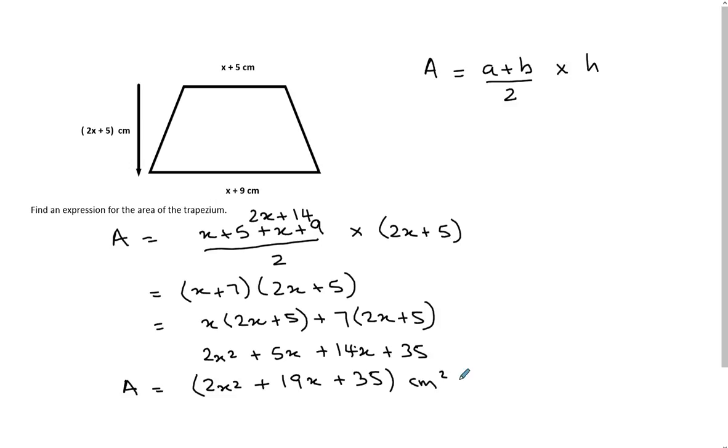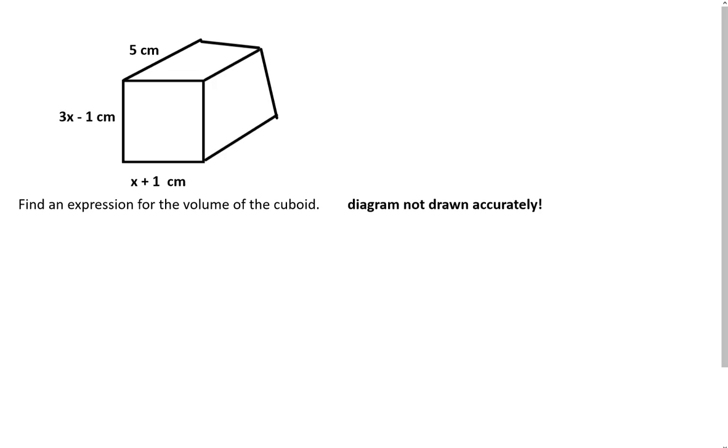Great. That was easy, wasn't it? Let's try a volume. And as you can see here, the diagram is definitely not accurately drawn. So it says find an expression for the volume of the cuboid. So you know the volume will just be all the dimensions multiplied together, so we don't really have to write